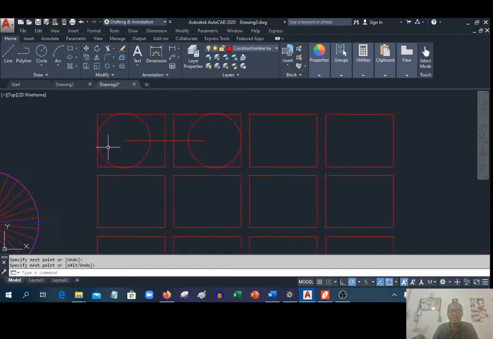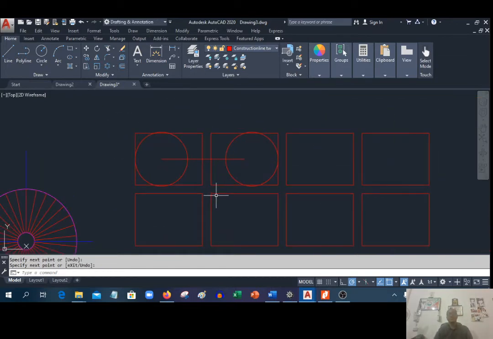I click enter. Now I want to trim. I want to bring out shapes out of this, right? So I will come to trim. I'll select trim. Now, like I told us, when you're trimming, there must be an intersection. If there's no intersection, it will not trim. If you trim off the areas where you have intersection, AutoCAD will remind you that it cannot trim because there's